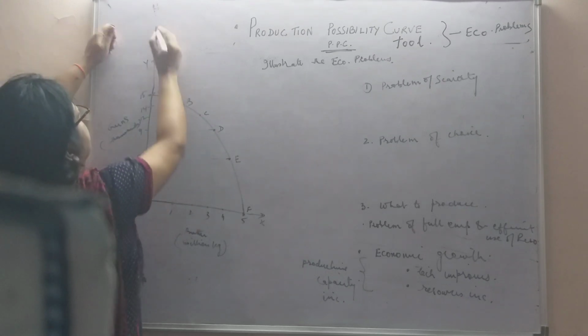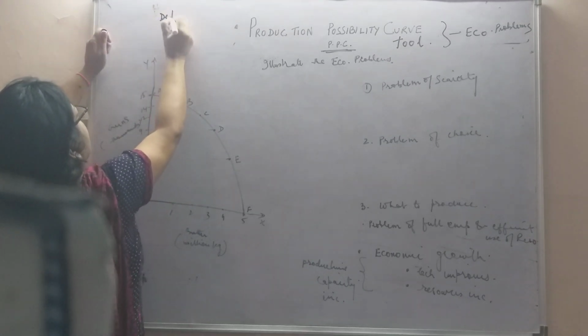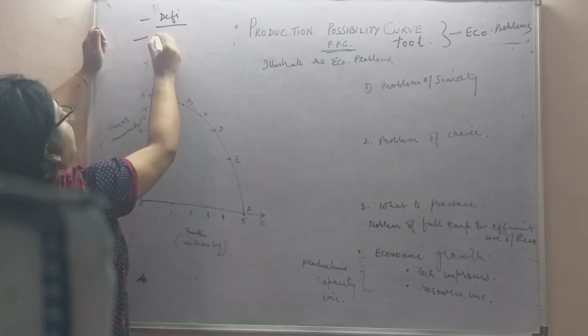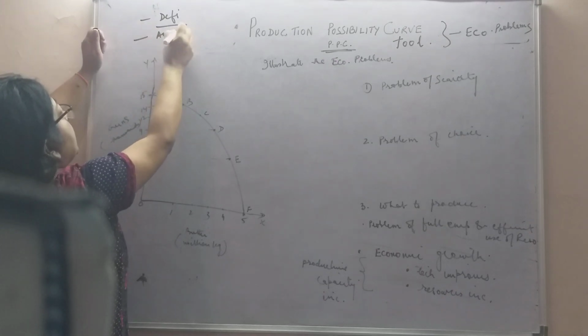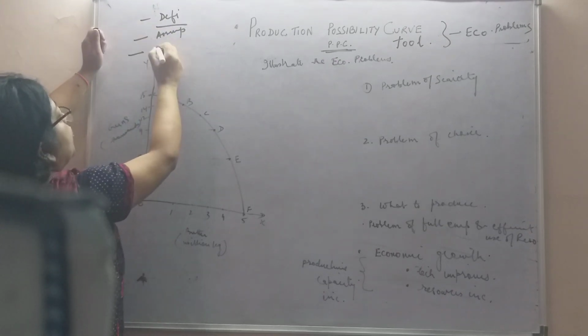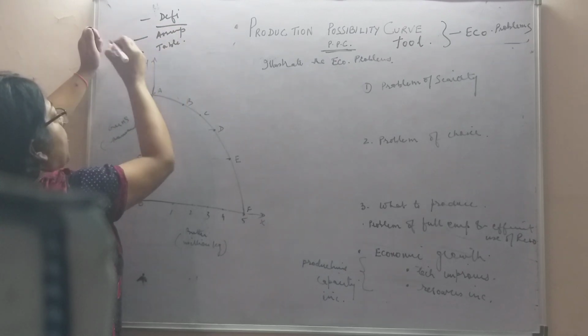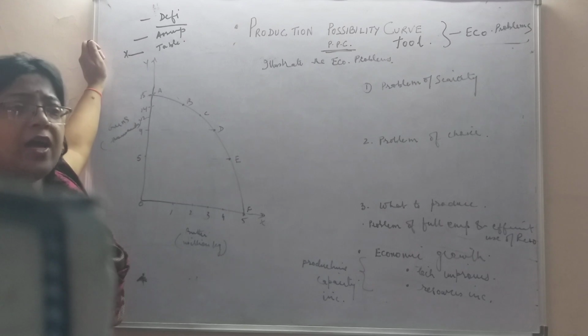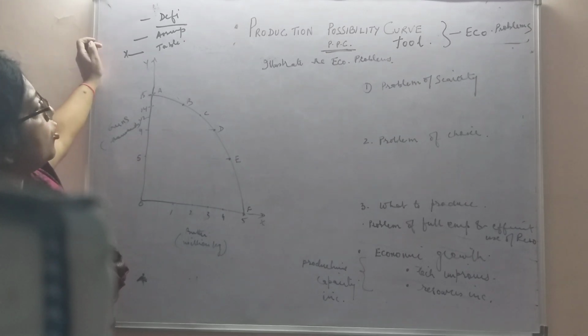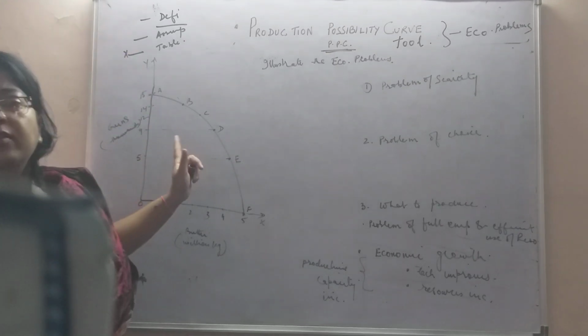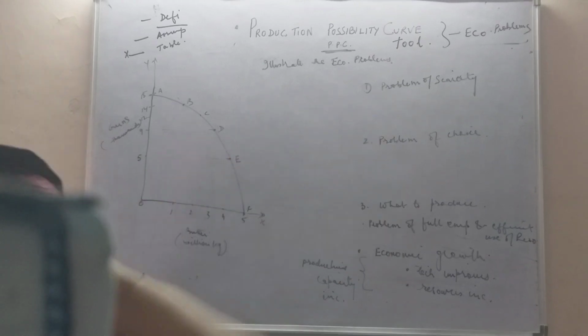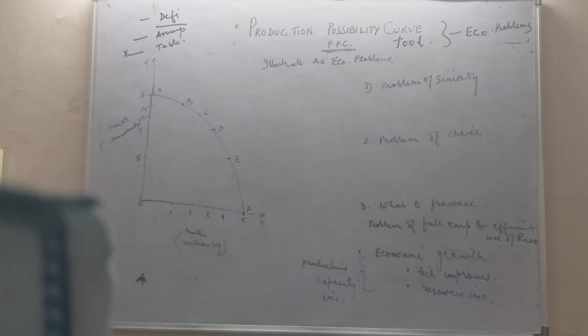You have to just give the definition of PPC, you give the assumptions of PPC, and then move to the table. Just touch those concepts. The table you may omit if it is not given or asked as a schedule. You will move directly to the curve and then give the explanation, because the answer will be marked on explanation.